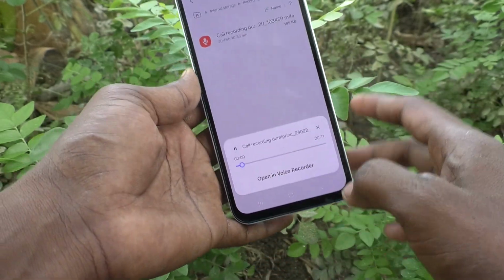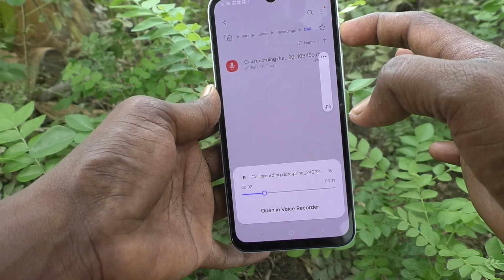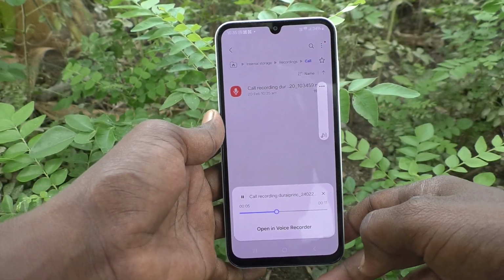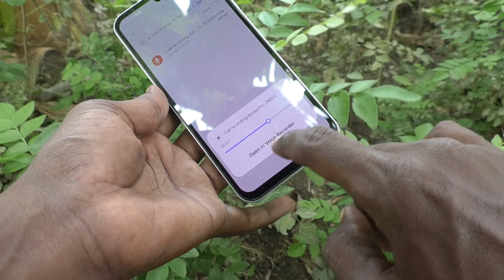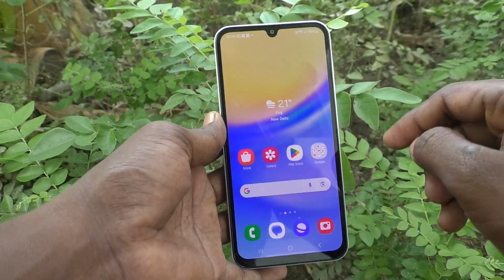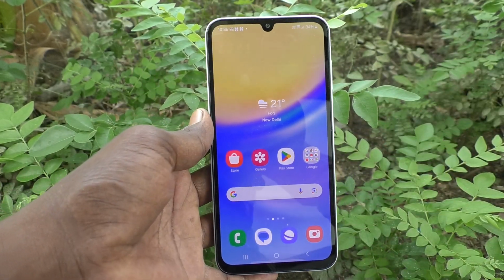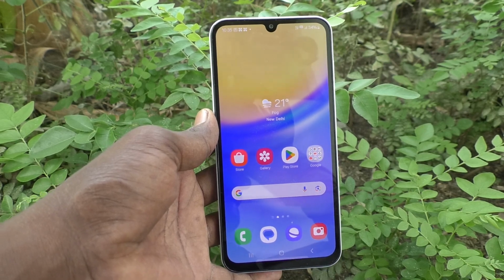Give all permissions. And the recording is going here. Hello, call recording, checking. Okay, so in this way you can easily set auto call record for some particular numbers